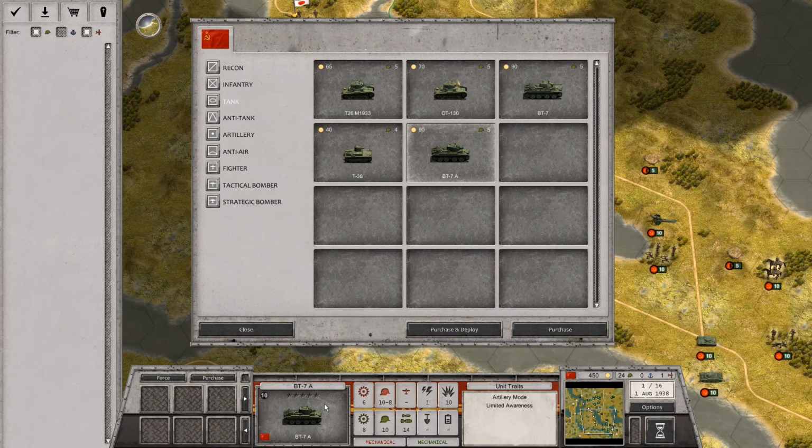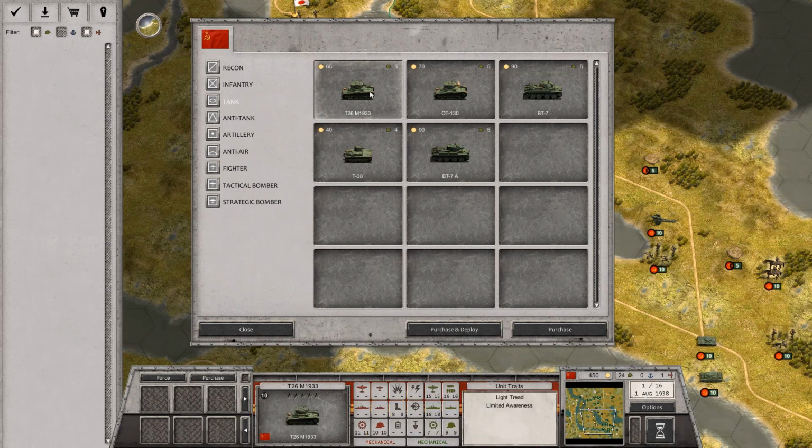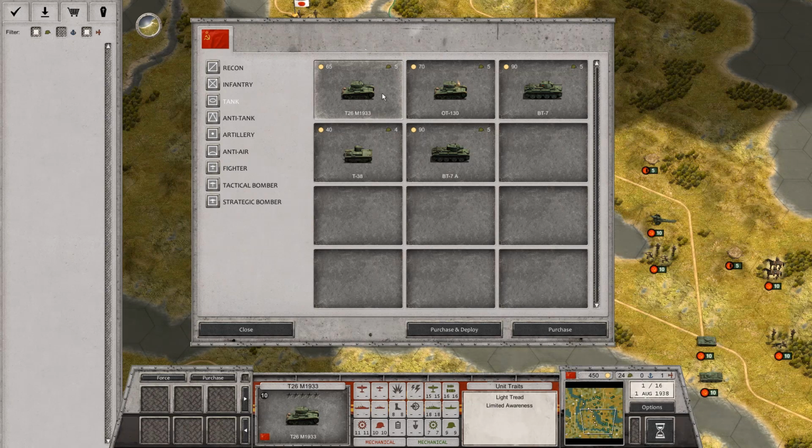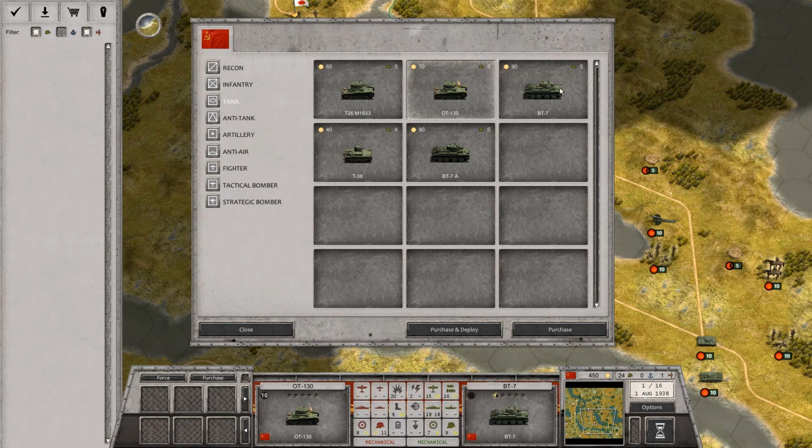Okay, the BT-7A has a lot more movement than the T-26, and that's why it's more expensive. It also has slightly better defense, but this one has such better mechanized attack that I'd rather have this. This is a flame tank, of course, so better against ground units. How does the...